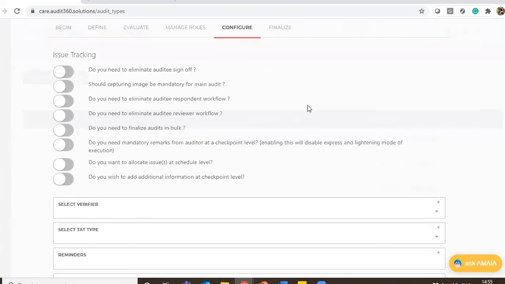So a large branch audit, which may run for about a week, can be split into different processes like customer onboarding, sales, operations, tellers. There are different large process areas, and inside all of this, there are smaller sub-processes which can be defined. So that is what I meant by classification.